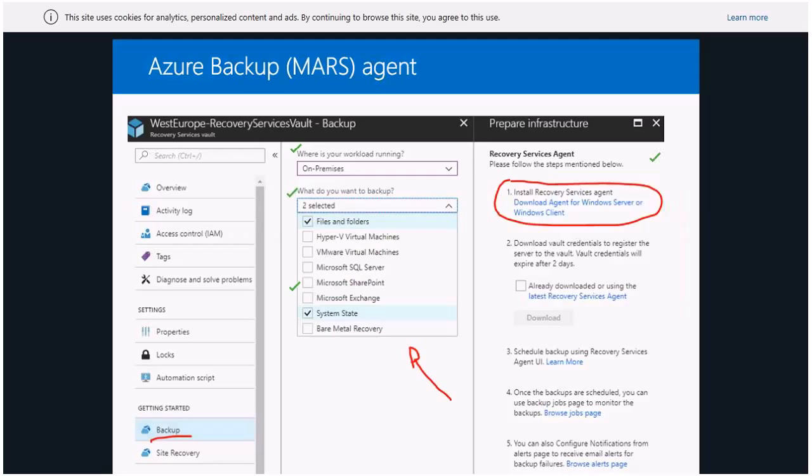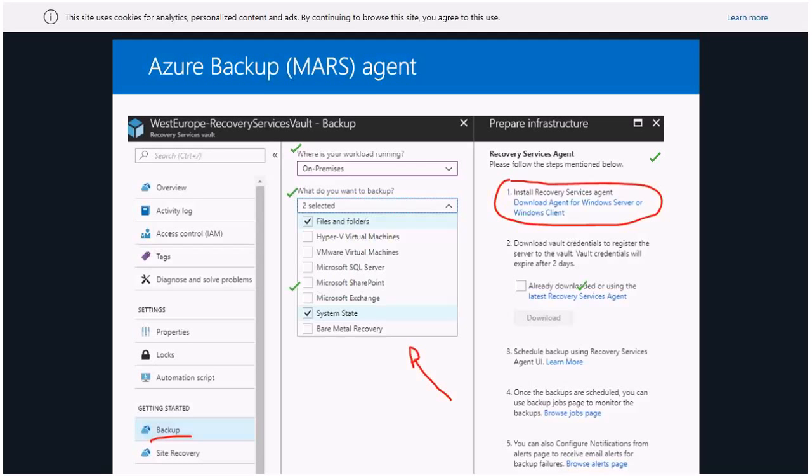And then if you look on the top right, the agent I'm about to install is the agent for Windows Server or Windows Client. The agent is not that big, and is easy enough for you to install. Basically just click on download, install, and after doing the installation, the next step is you need to click on this download here to register.